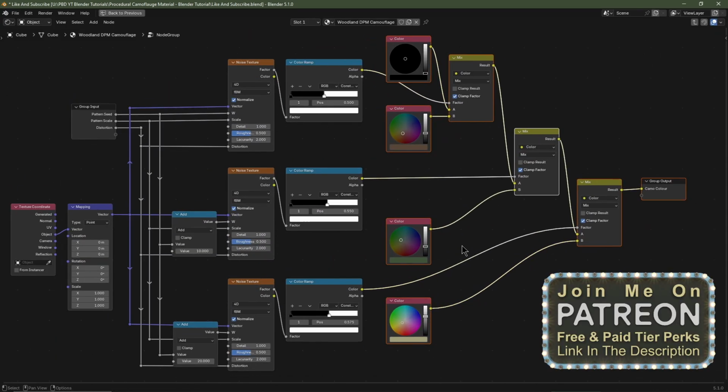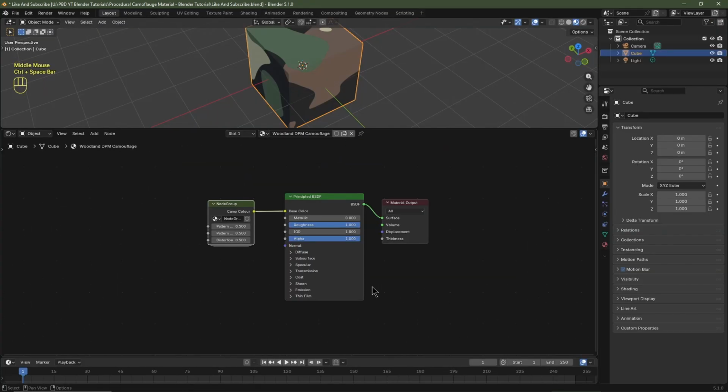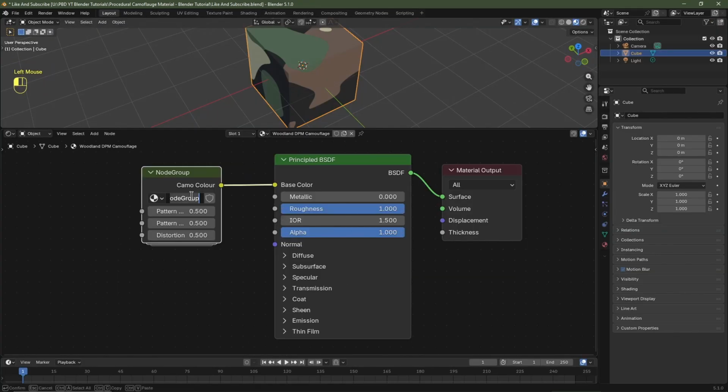Okay, that's the final node structure. It's always worth tidying up your node trees, so when you come back to it later on, it's easier to read. I'll now tab out of my node group. I'm going to hit Control Space to exit out of full screen. I'll now rename the node group to